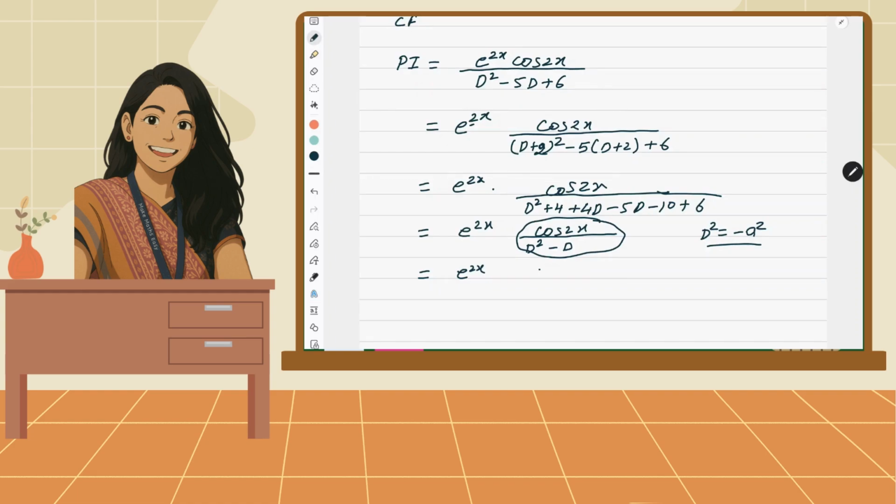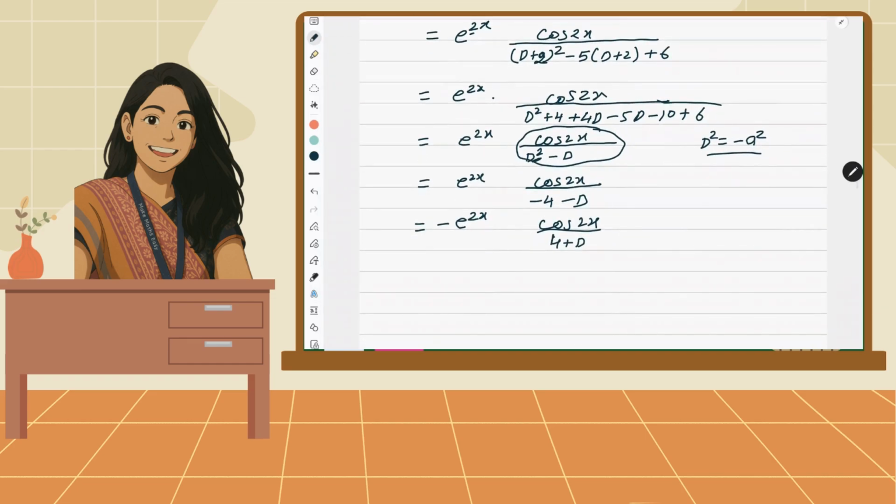Okay. So now you have cos 2x upon, here the value of a is 2. So 2 square is 4, so in place of D square I should put minus 4. And now the denominator I got this. I don't want this minus sign. If you want to keep it, no issues, but I personally avoid handling the minus sign. So the moment I take this minus sign, I get D plus 4 or 4 plus D, whatever you like, you can write. Now how to get rid of this 4 plus D?